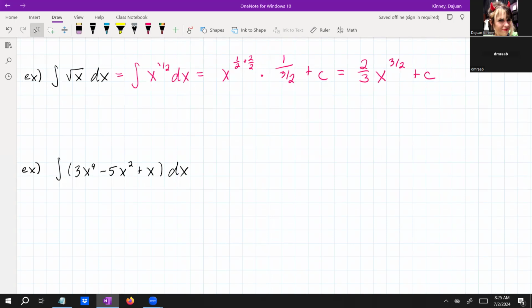Okay, this next one, there's more. We're not at the end yet. This one's pretty straightforward. I don't have to rewrite anything. I'm going to add 1 to my exponent. So 4 plus 1 is 5 times 1/5 minus, oh, no, we're good. 5x, add 1, gives me 3 times 1/3 plus x, add 1 is 2 times 1/2 plus c,